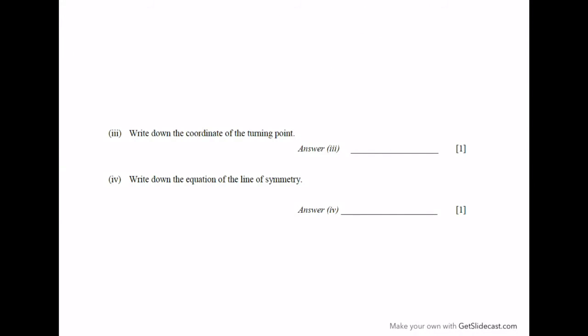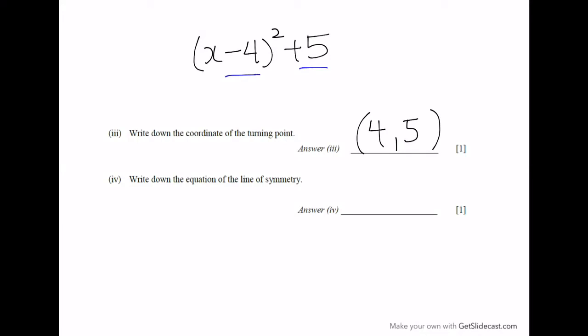For the next part, we already know that our equation is x minus 4, whole thing squared, plus 5. So we will know the coordinates of the turning point to be brackets 4, 5. Please remember to add in the brackets for the coordinates. And to get the equation of the line of symmetry, the answer will be x equals 4. We made use of the x value found. And remember to write x equals to